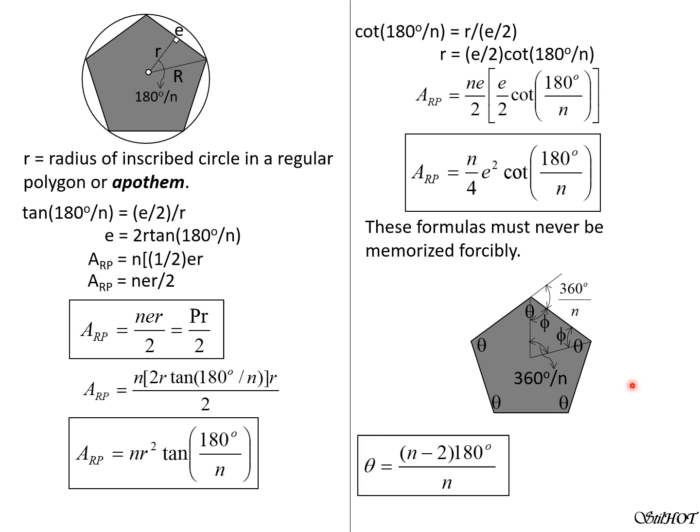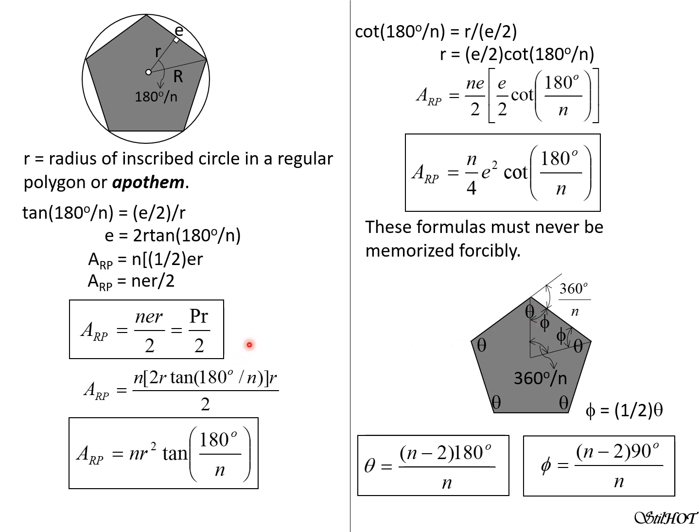You can draw the regular polygon and you can just assign symbols. Then you can measure that as long as you do not forget these values and the sum of the interior angles. So P therefore is half of this value. So half of this is n minus 2 times 90 degrees over n. But do not memorize. So that's the value of P, which is half of the interior angle of a regular polygon.